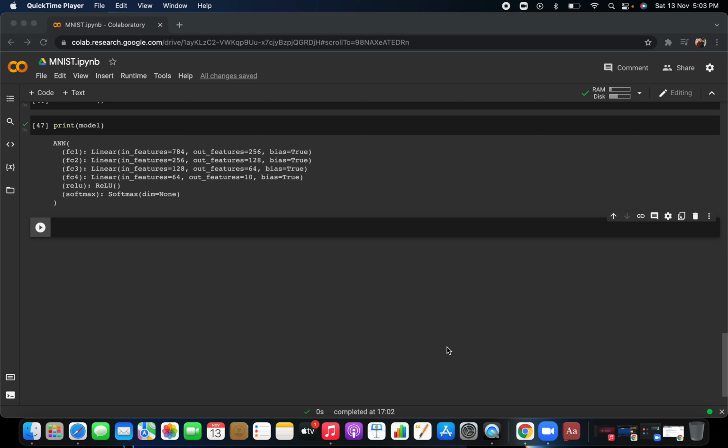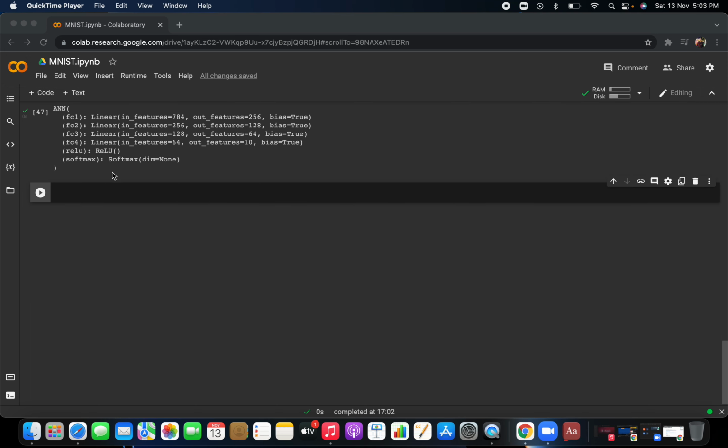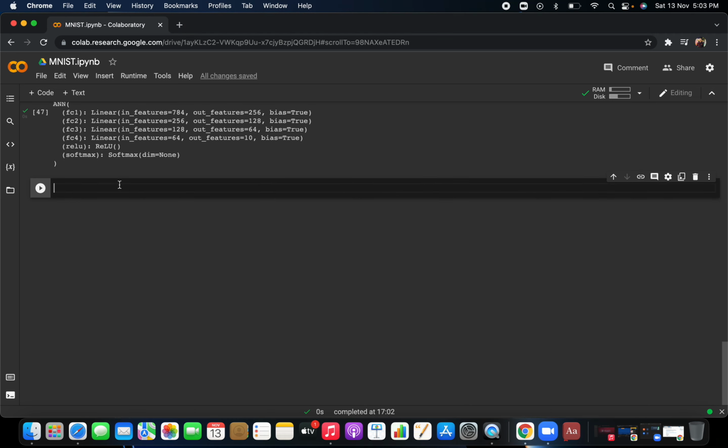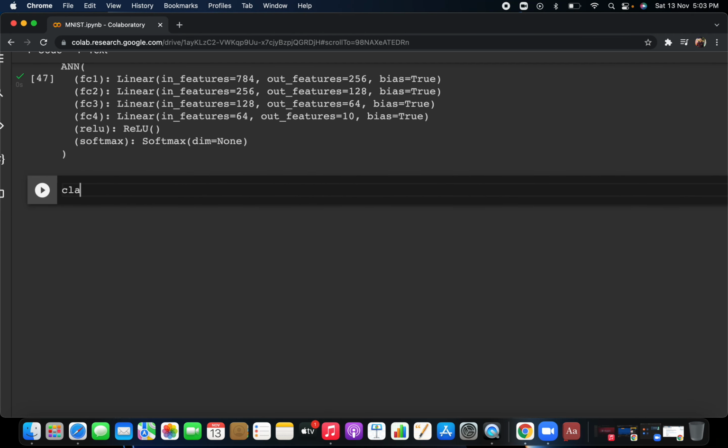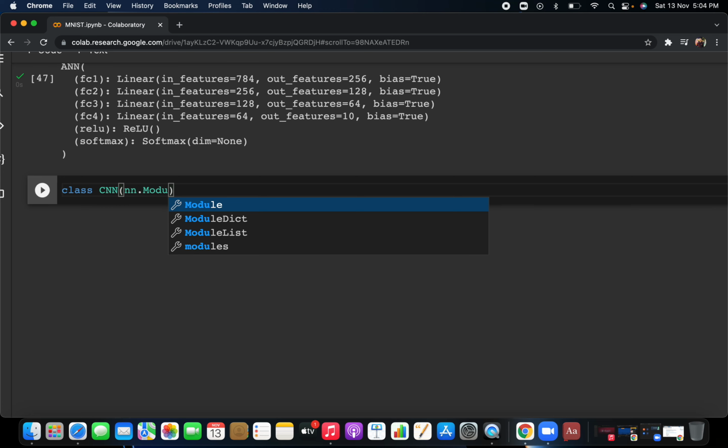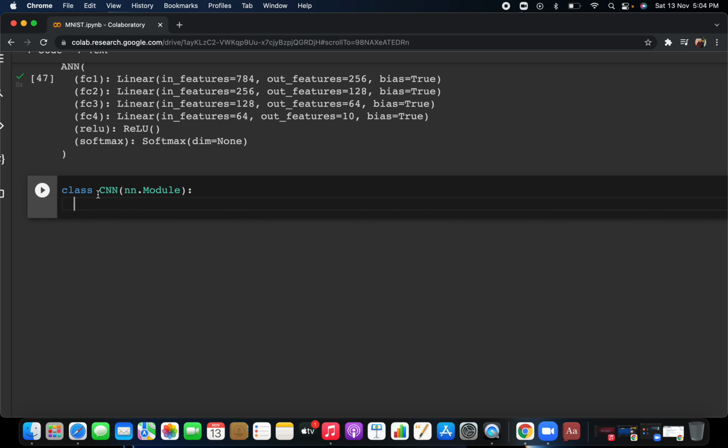I'll explain each and every step of how to create a CNN. First of all, you have to define the class, CNN, and inherit from the module class, the same as you did in the ANN. That is, your parent class will be nn.Module. CNN is your child class and nn.Module is your parent class.